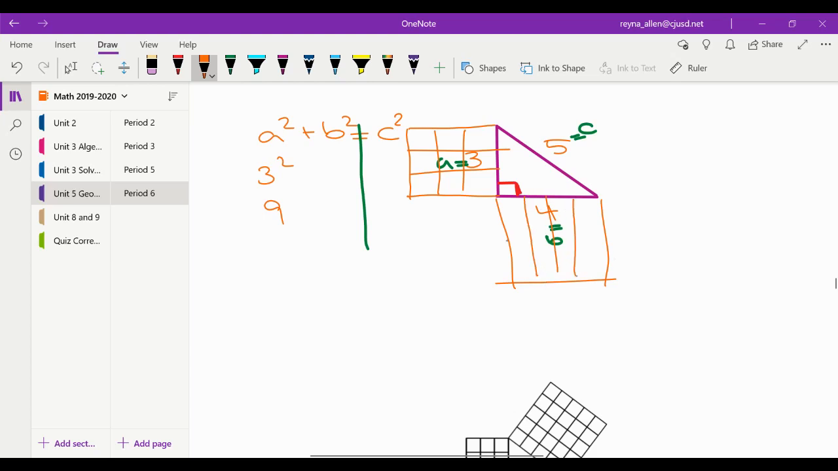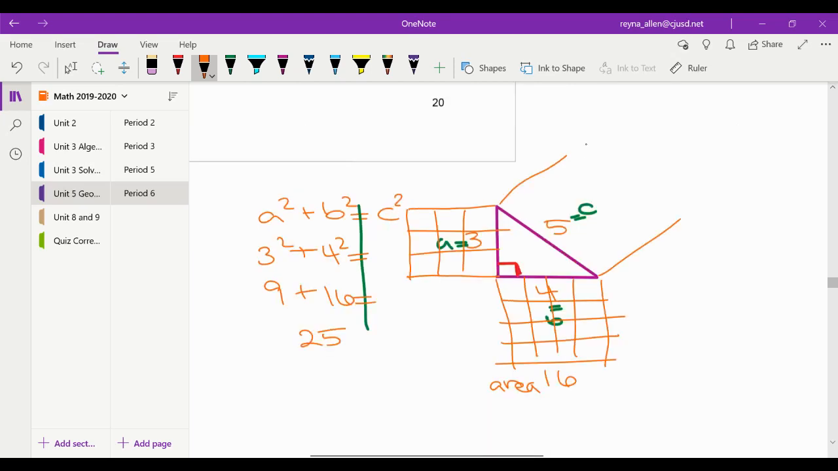Okay, 4 squared. Split them in half. 1, 2, 3, 4, 5, 6, 7, 8, 9, 10, 11, 12, 13, 14, 15, 16. This one has an area of 16. So B, or 4 squared, would be 16. And what my theorem says, okay, if I were to add these two up, what would I get? 25. So let's take my last side,